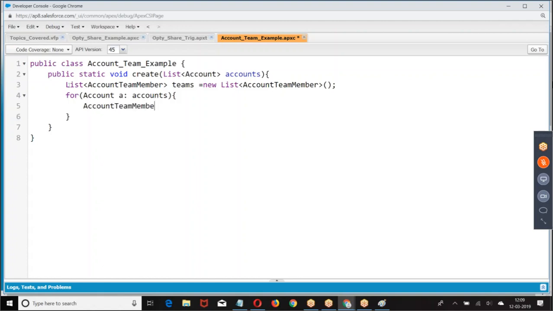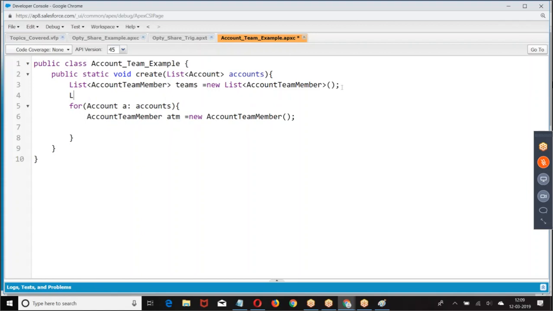Account team member. Then I'm sharing. With whom do you want to share? You want to make somebody an account team member. So I'm giving here user u equal to where, yes.